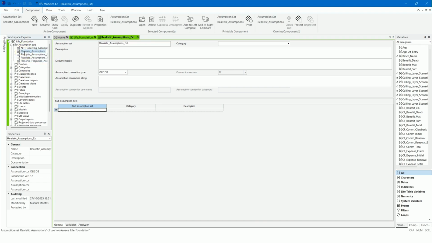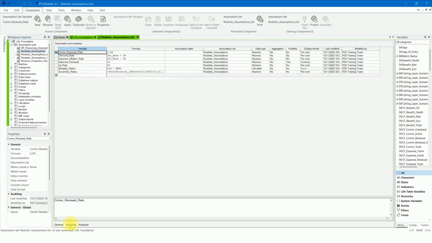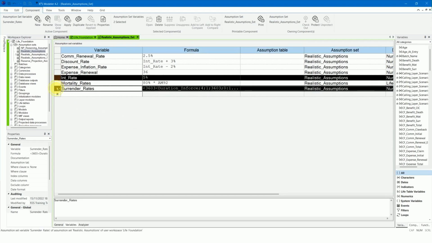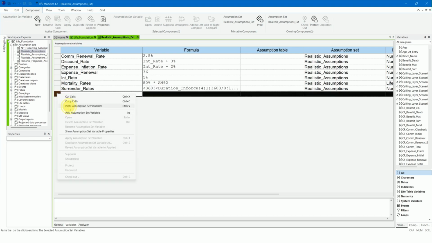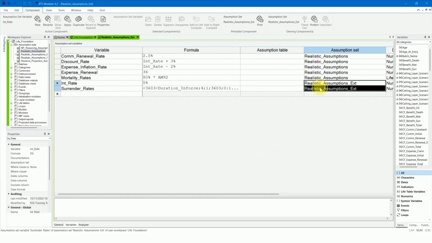Drag in the assumption set Realistic Assumptions as a subcomponent. Go to the Variables tab and override variables int rate and surrender rates so that we have copies of both variables belonging to the assumption set Realistic Assumptions EXT.